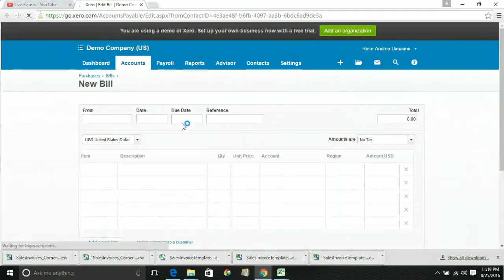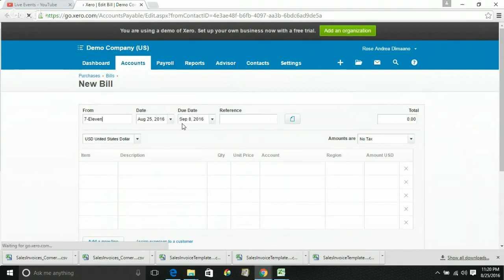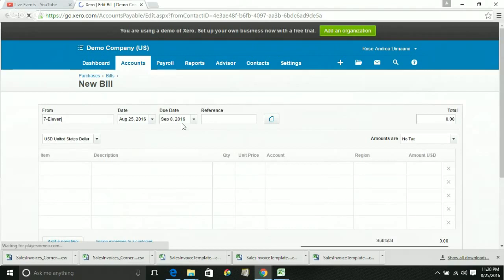It's pretty much the same as our sales invoice interface. And the good thing about this is